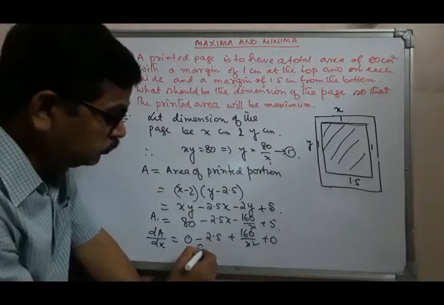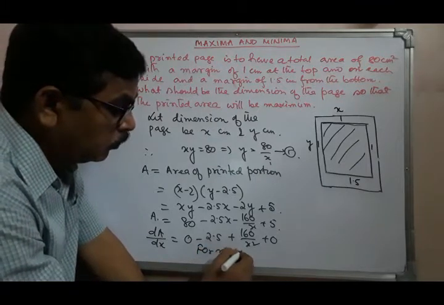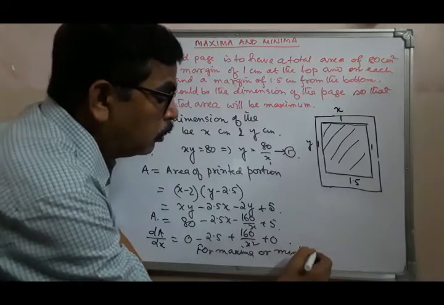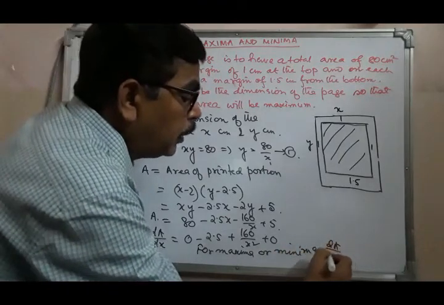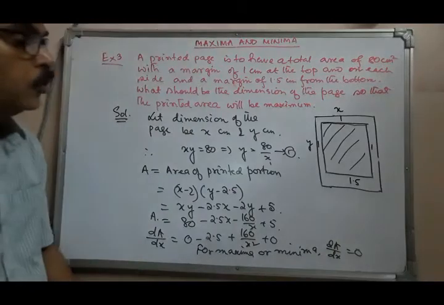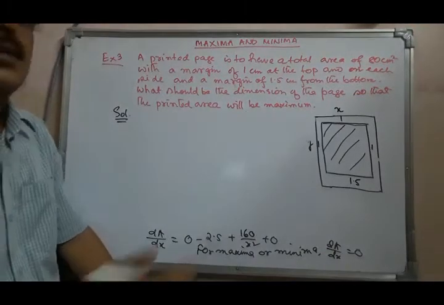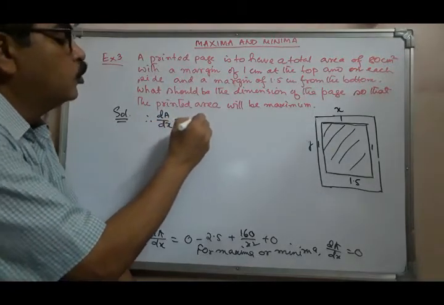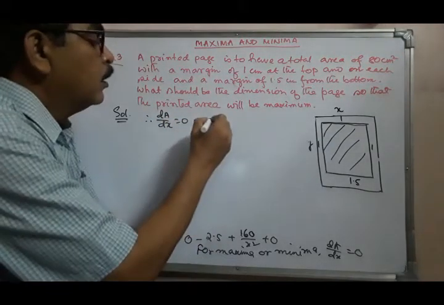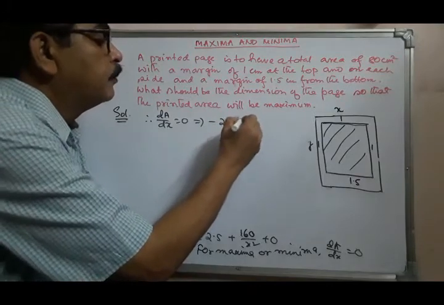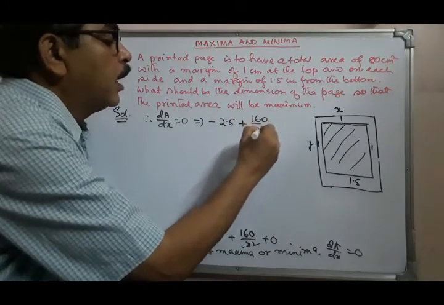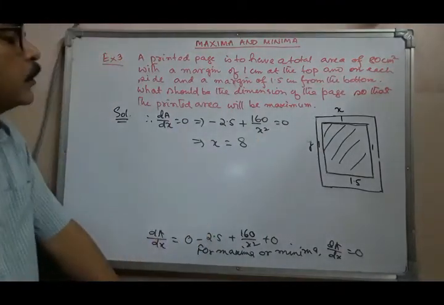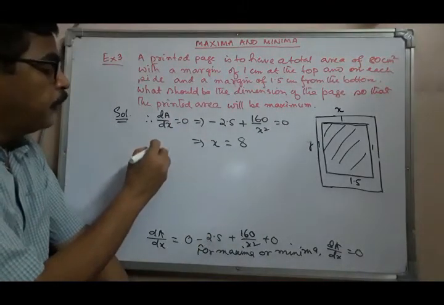For maxima or minima, dA by dx equal to 0. Therefore, dA by dx equal to 0 implies minus 2.5 plus 160 by x square equal to 0, from which x equal to 8. Further, again differentiating